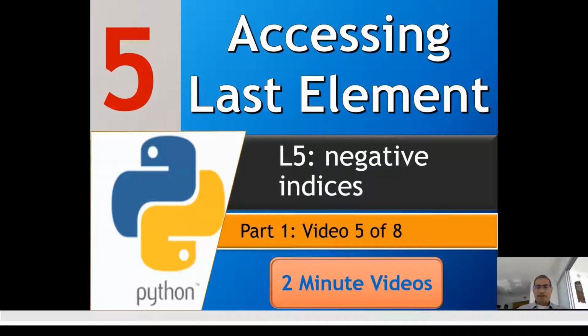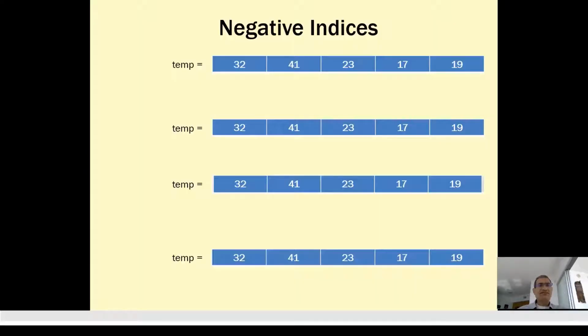Quickly, let's look at how to access the last element or the last few elements of a list. For this, we use a trick. It's called negative indices. It's easy enough. Let's learn through examples. Here is my list called temp, which, as we've seen before, has 5 temperatures: 32, 41,